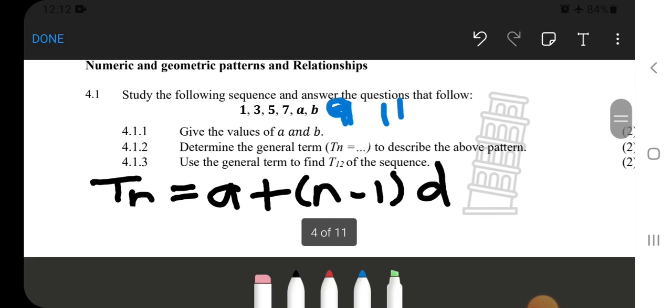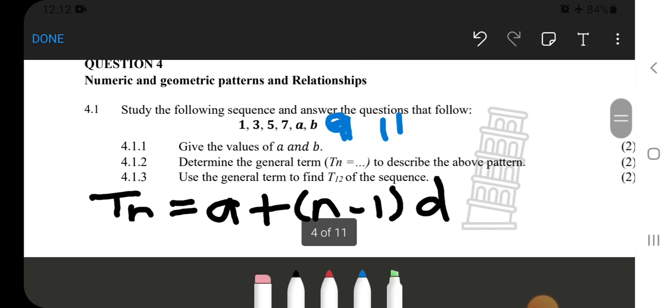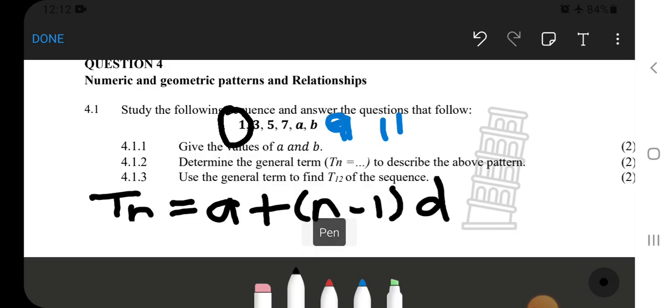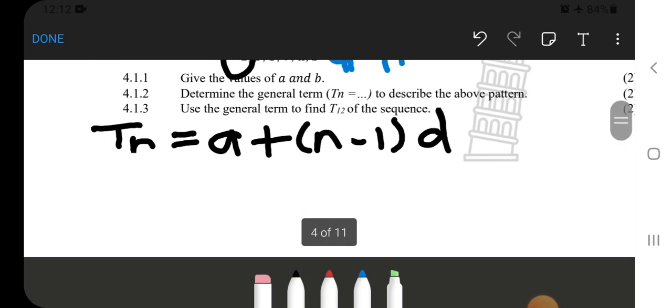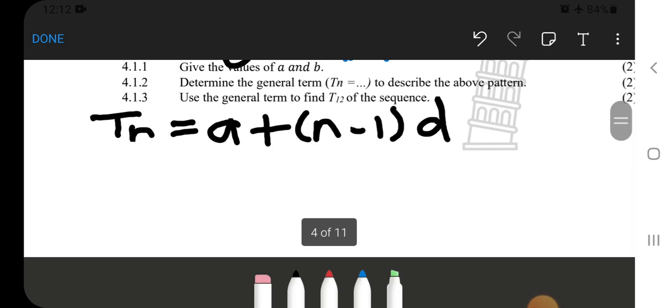And then that A is represented by the first number of that pattern, okay? So where you see A, you put the first number of the pattern. So here, A is 1,